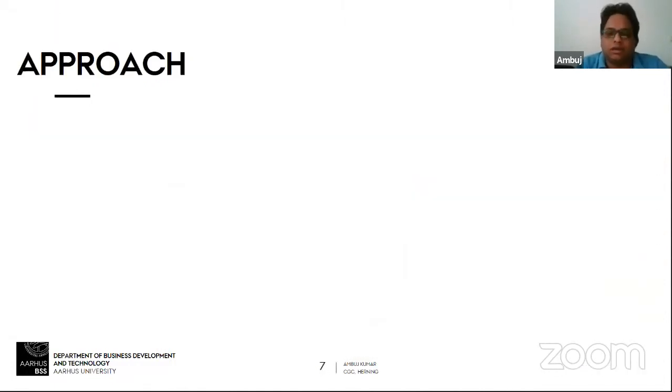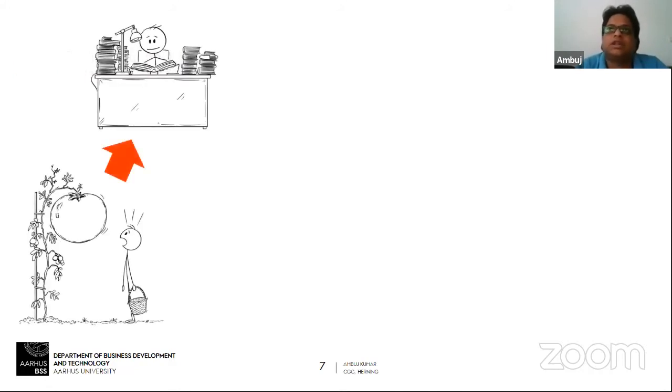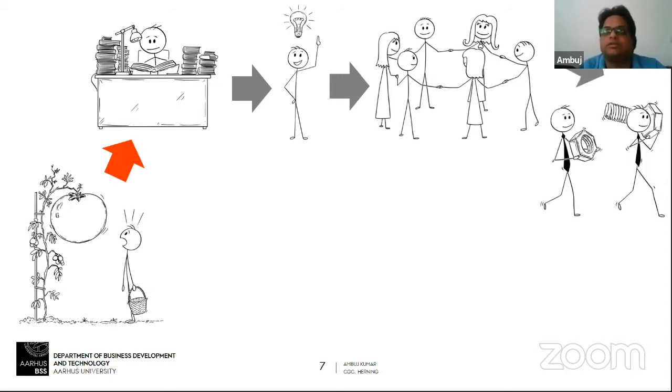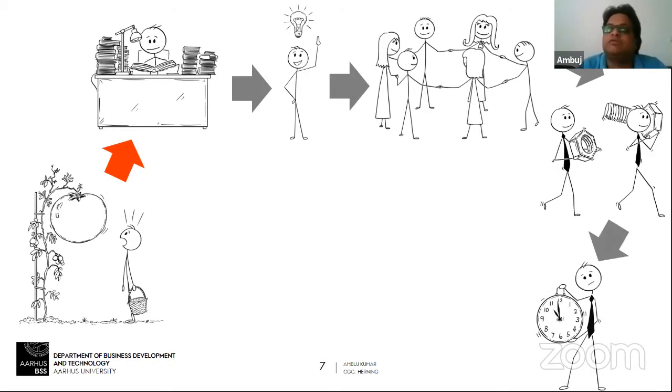So basically, what is the approach of seeking a fund? There are two ways which people take to seek funds. Let's say you see a problem and you do some groundwork, and then you have an idea for that, and then you create a group of skills that can convert your idea into reality, and then you find and identify the resources, materials, or processes, and you know how much time it will take to complete your project.